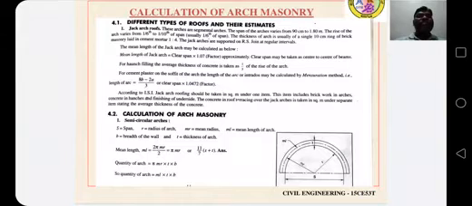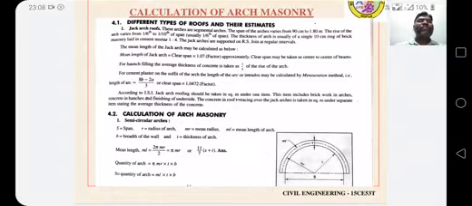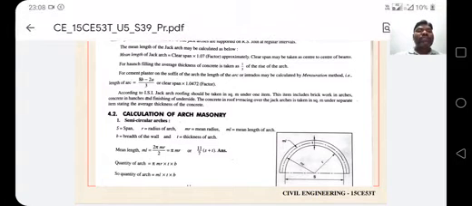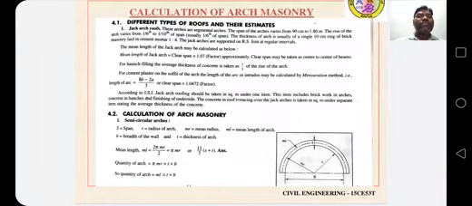Mean length of arch is equal to clear span into 1.07 approximately. Clear span may be taken as center to center of beams. For arch filling, the average thickness of concrete is taken as 1/3 of the rise of the arch. For cement plaster on the soffit of the arch, the length of the arc or intrados may be calculated by mensuration method, that is length of arc is equal to (8b minus 2a) by 3, or clear span into 1.0472.